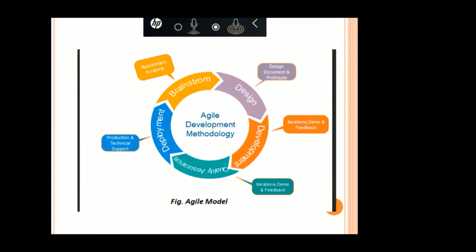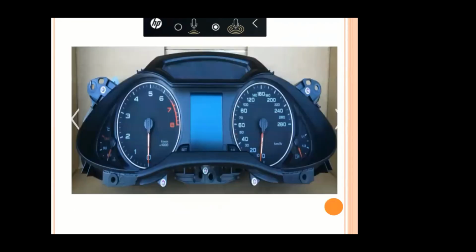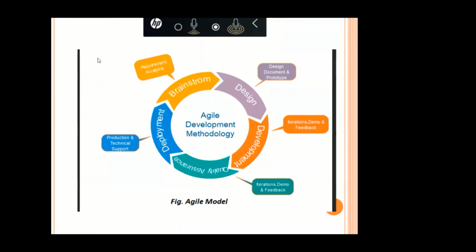Here you can see. First they will get the requirement analysis. Once they get the requirement analysis, it will go to design, development, and quality assurance. It is the QA.